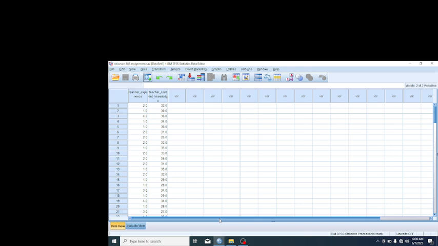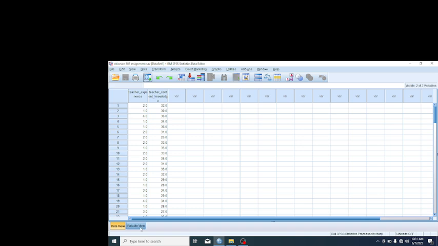The teacher experience is measured at 4 levels, which are 0 to 5 years, 6 to 10 years, 10 to 15 years, and 15 to 20 years respectively, coded in order of 1, 2, 3, and 4. And then we have 100 items of data to be processed for this assignment. In order to do this,